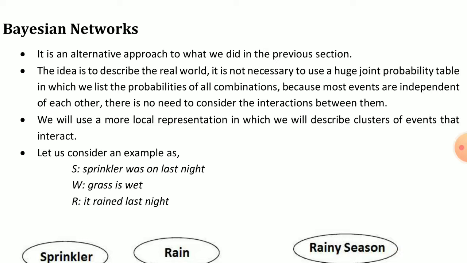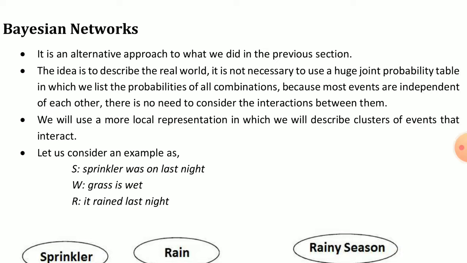It is not necessary to use a huge joint probability table in which we list the probabilities of all combinations. Here we can take one idea in the real world, and it is not necessary to use the joint probability tables, meaning we can take two tables and perform the join operation, and then we can combine those tables,